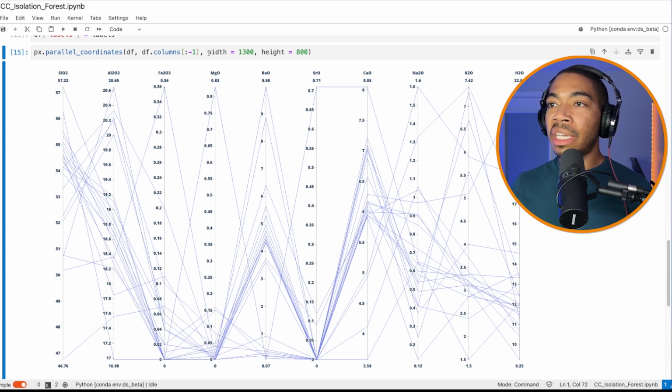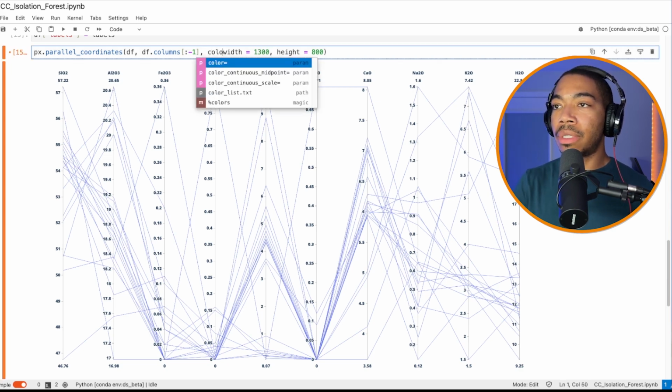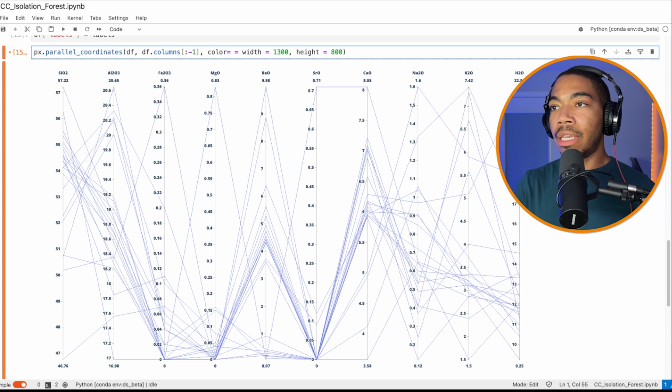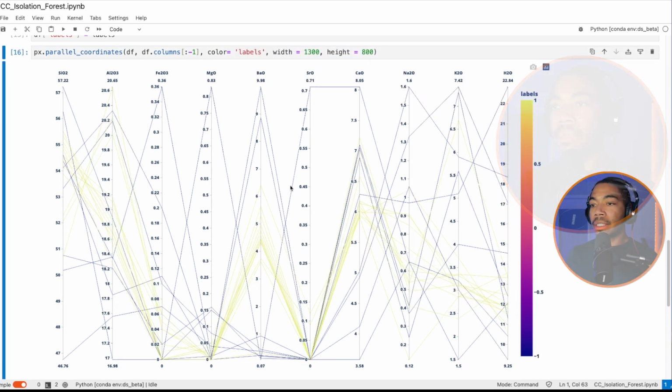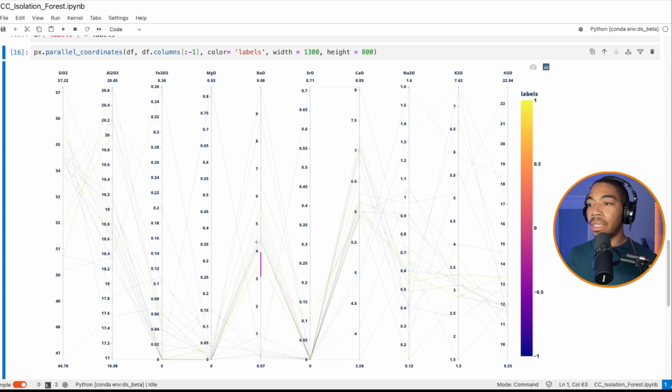The part that's missing is the color attribute, which we will set equal to labels. And so now the 1s are these lighter colors. I apologize for the color map. Those are the inliers. So these are these middle points here, and the outliers are shown in the darker color, or -1. And so if we scroll this bar up, you see how the extreme values of barium are a major